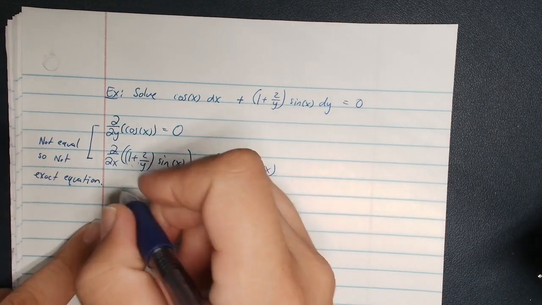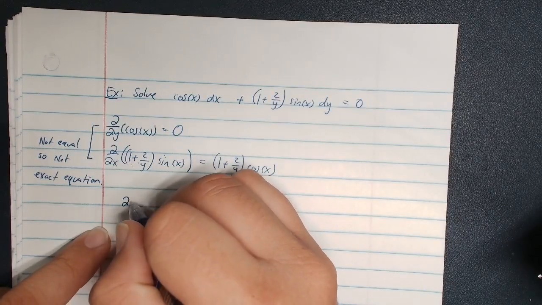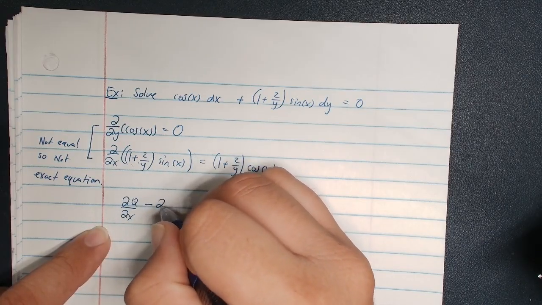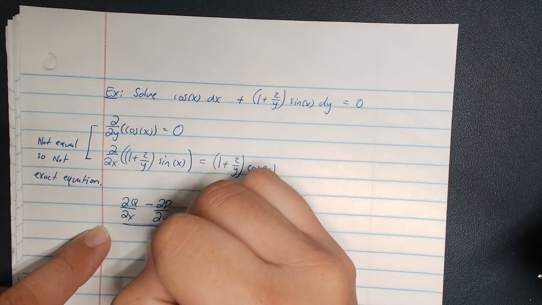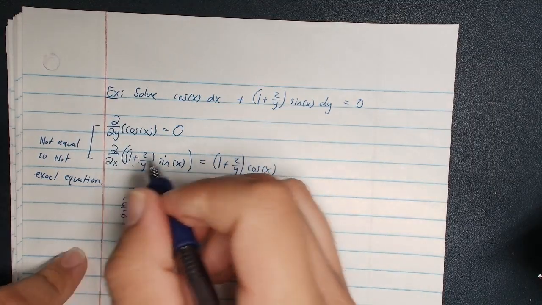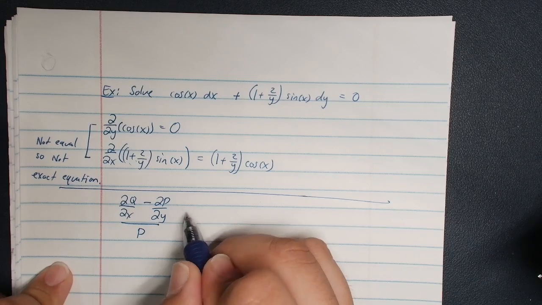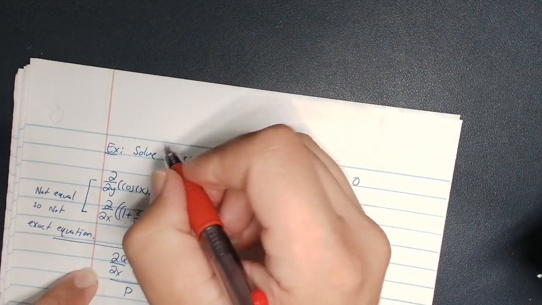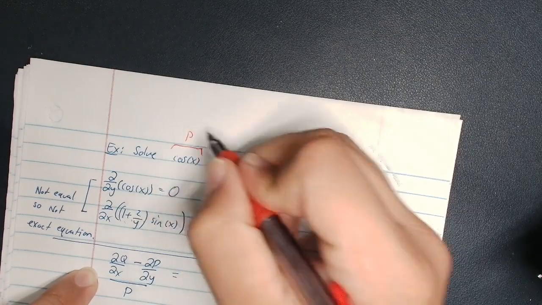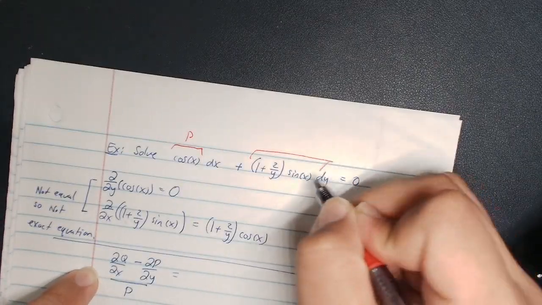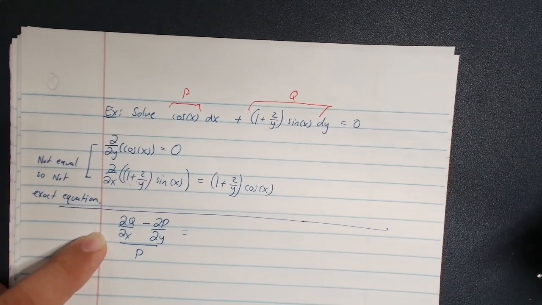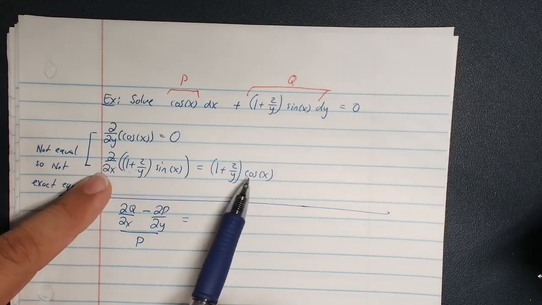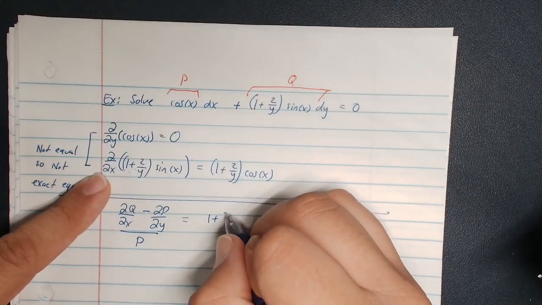All right, so here we go. Now let me go ahead and find (∂q/∂x − ∂p/∂y) all over p. Okay. All right, so let's see. This was p right here, the first function, which is multiplied by dx. We call that p. This whole thing over here that we're multiplying by dy, we call that q. So the derivative of q with respect to x, well, we just found that a minute ago. That was 1 plus 2 over y